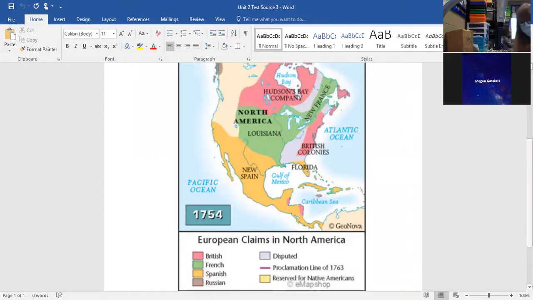So looking at your question 3, using source 3, how did European colonization affect the borders and territories of European countries that created colonies in North America? A, European countries expanded their borders and claimed territories in North America as part of their own. B, European colonies in North America became new countries. C, European countries gained new resources from North American lands. Or D, European countries extended their access to Pacific Ocean trade routes. I think it's